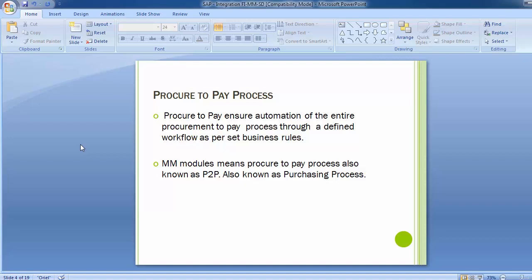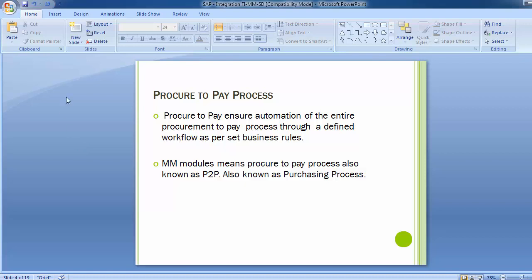It can even let the finance department insist on internal spending controls, and organizations can ensure substantial cost saving benefits with the help of the procure to pay process.